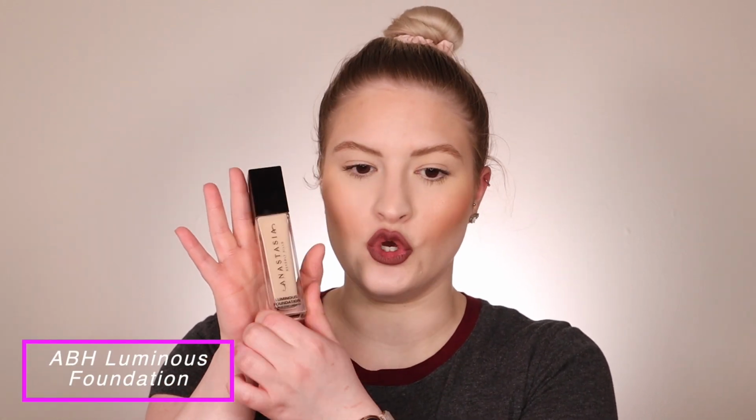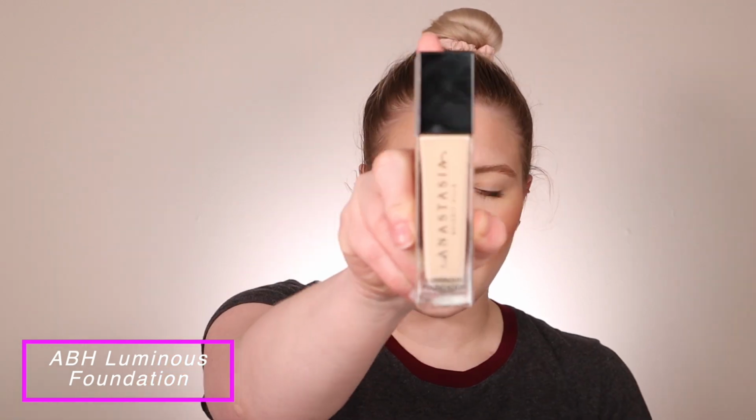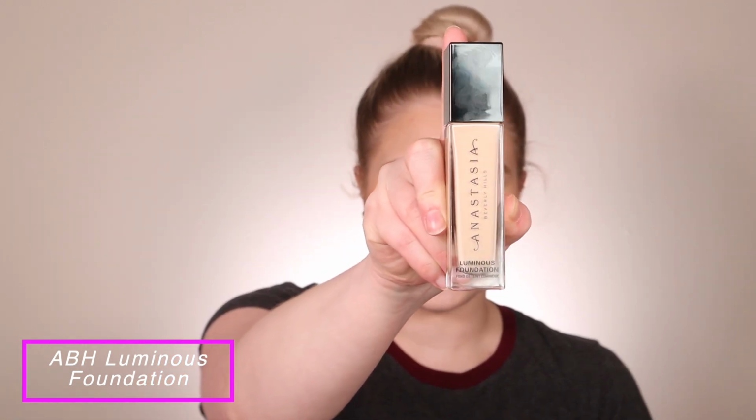The next foundation that I have, of course, is also for dry skin, but I do feel like oily skin can pull this off as well. This is the Anastasia Beverly Hills Luminous Foundation. I love this stuff, you guys. Like, I hated it at first, don't get me wrong. I'm sure if you saw my review, I think I dragged it pretty good. I didn't like it. It was looking really cakey,